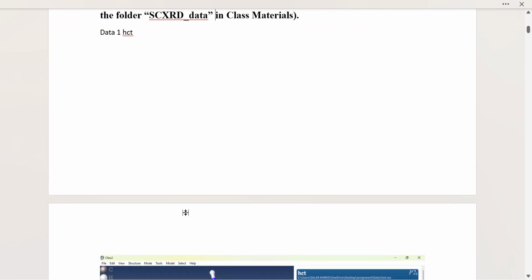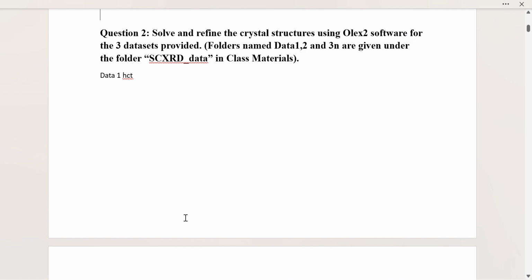In question number 2, I have solved and refined the crystal structure using OLEX2 software for the three datasets provided. HKL and INS files are in folders named data 1, 2 and 3 under the folder single crystal XRD data in the class material.